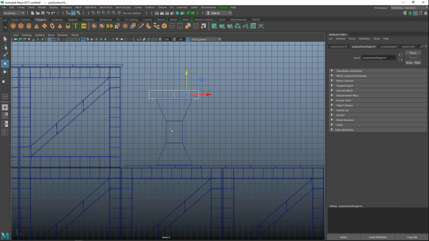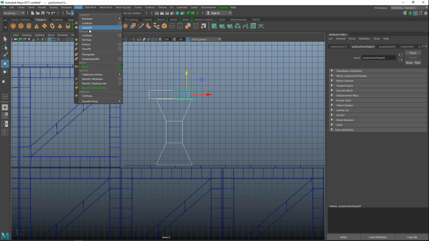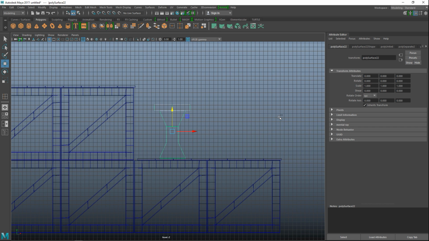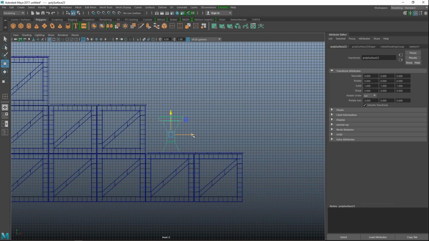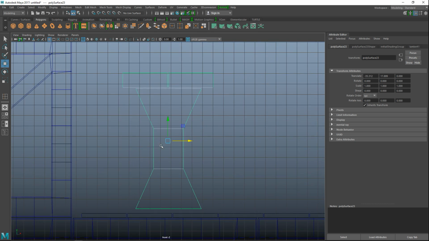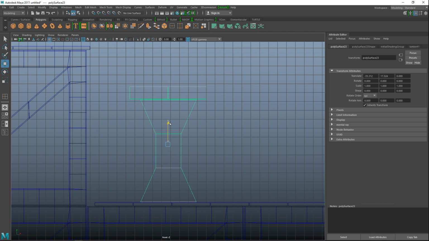So that seems to be a clean position. It's on the bench there. So now we can go to Mesh and Combine. We can hit Control D to duplicate it, and we're going to bring that over here. And let's see, we'll position it here. Looking at the distance here, that's one full board and a little bit. So that would be about there. I have to zoom in, make sure it's sitting on the floor.